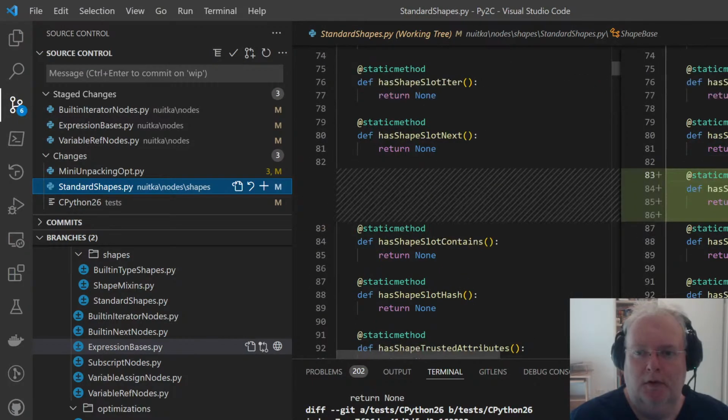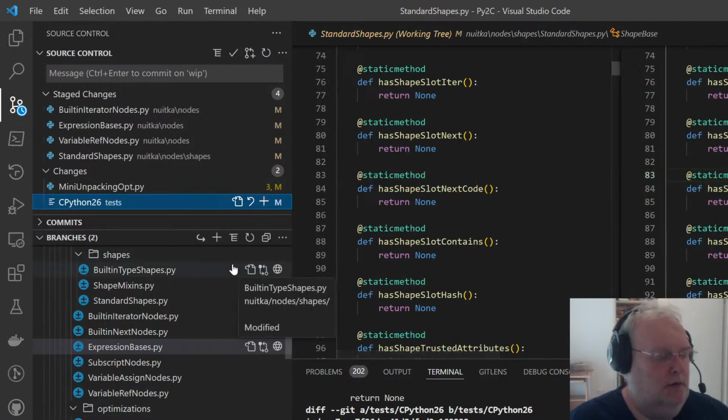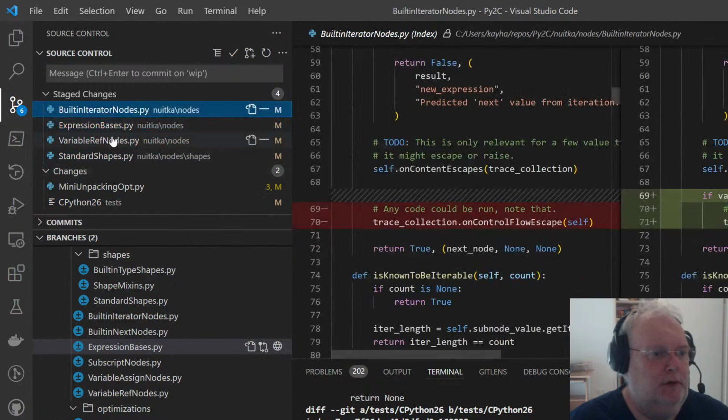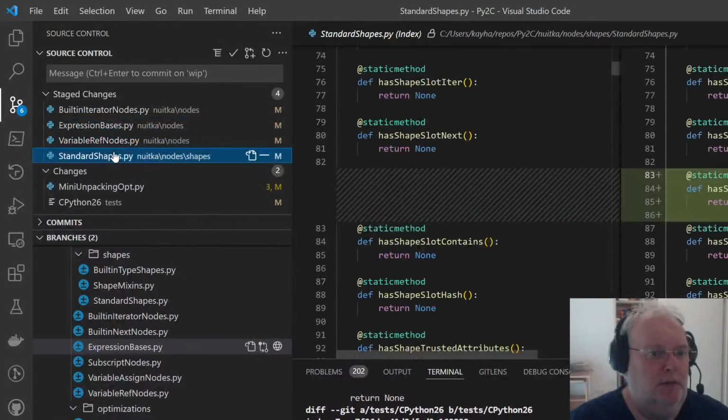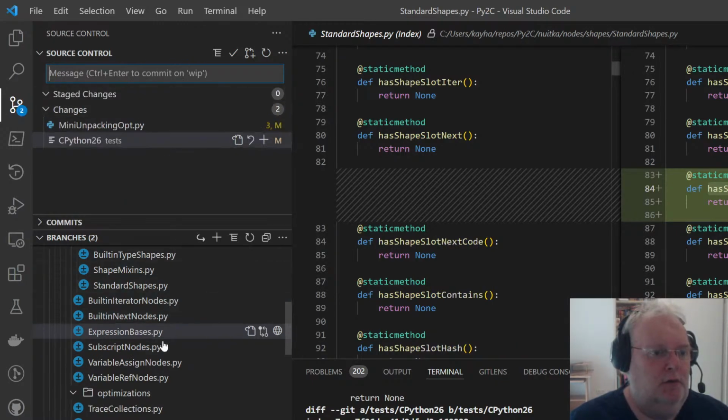Obviously, some iterators, for example, may overload this, may have next code. If next code, iterator nodes may remember that, optimize that, these kinds of things, but it's not a costly thing. So more iterator work. Okay, but that's not actually the core of things.